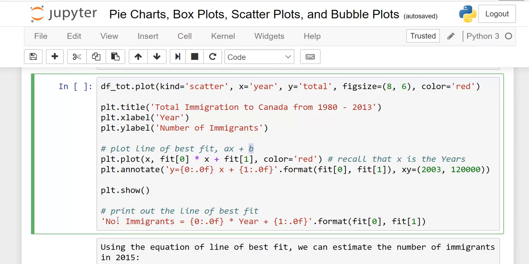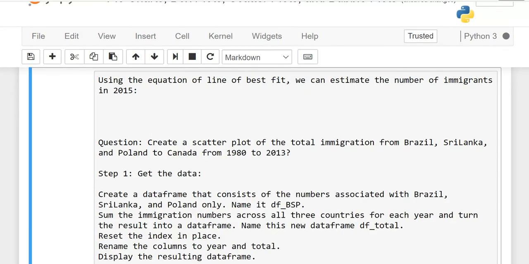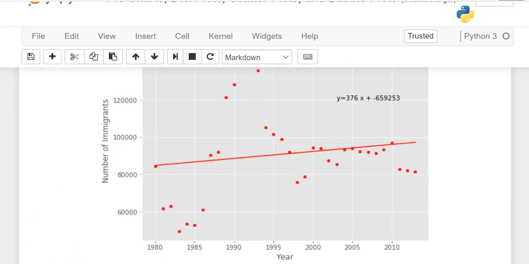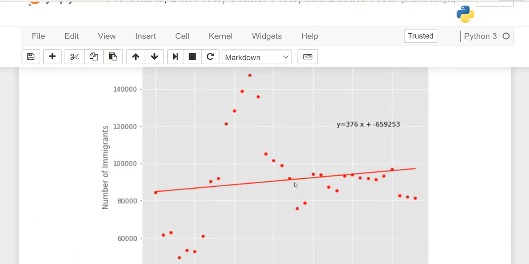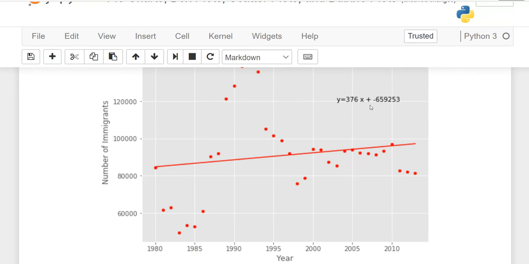What does annotate do and what is the meaning of this line of code? First I will run it and then I will explain, then it will be much clearer. Okay, see here, with the help of this code we got this line. So this is the best fit line, and y is equal to 370. This is y = ax + b. This is our b intercept, this is our x. So sorry, a. From where I got this 376 and this number, I will show you now. And this is the annotation as well. Annotate means where I want to show this y = ax + b on my graph.